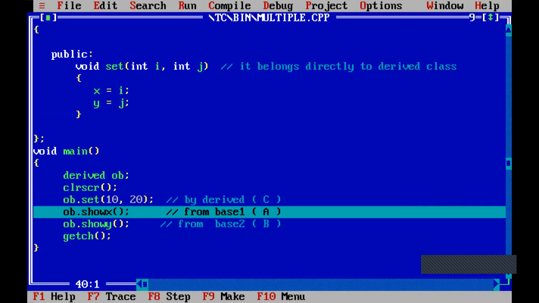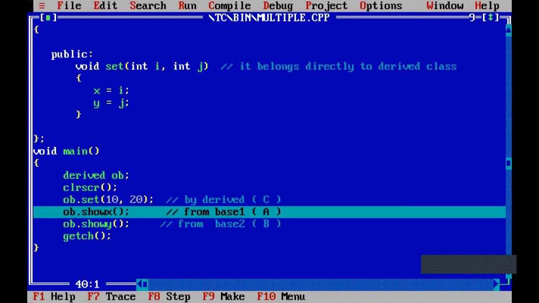If you want to know what things are present in object OB, which variables and which functions are present, see in the document I have written a diagram: box OB object, X column, Y column. In the X column I have written some value, in the Y column I have written some value. But if you want to know in the editor, you just do like this.